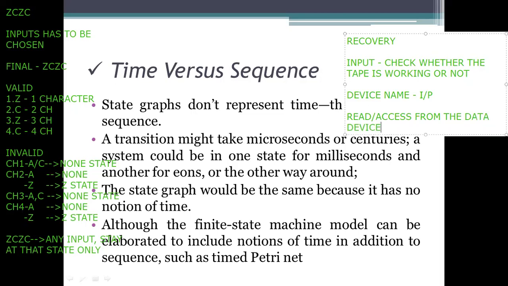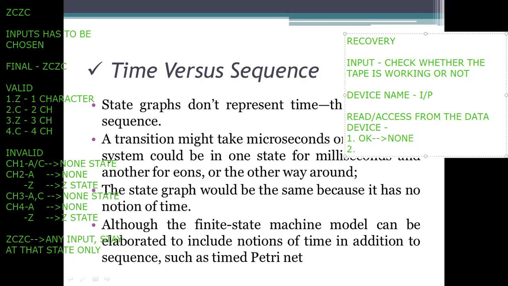What we specify will give two outcomes here: either okay or error. If it is okay, it means it is working, so we just stop. That is none, nothing has to be performed. It is working.